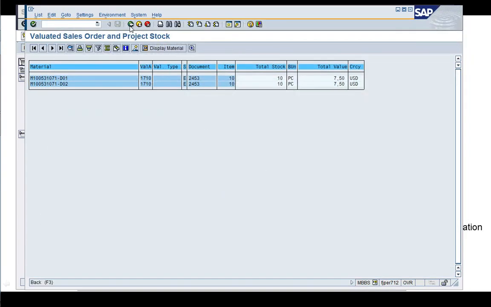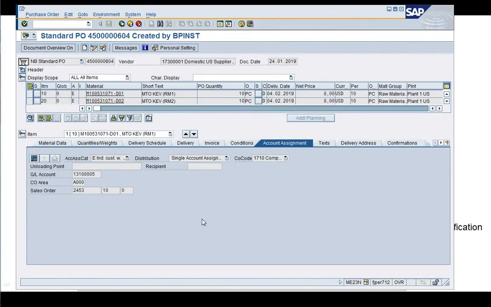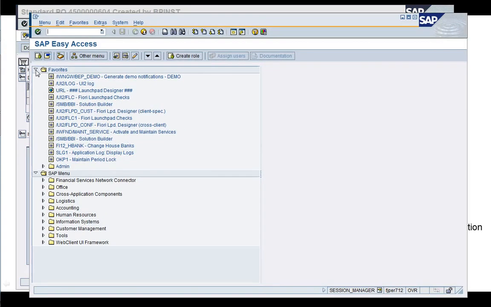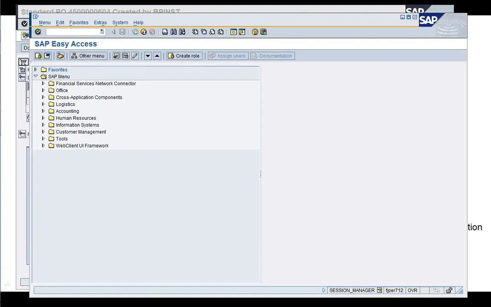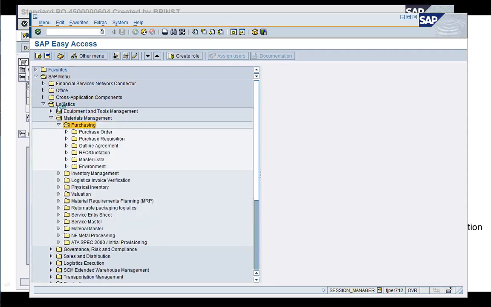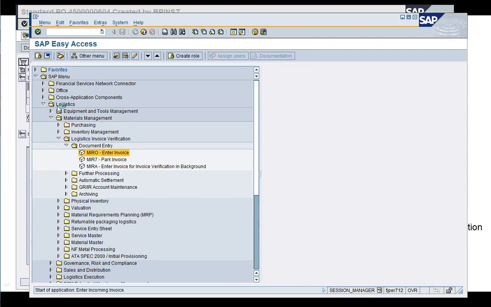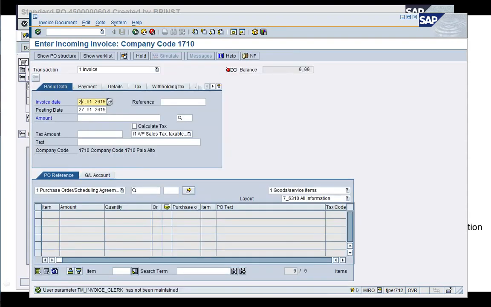Let's finish the process. MBBS. We have received the goods, so we need to post the account payable, that is MIRO. That's logistics invoice verification, and again the past date, amount I don't know,